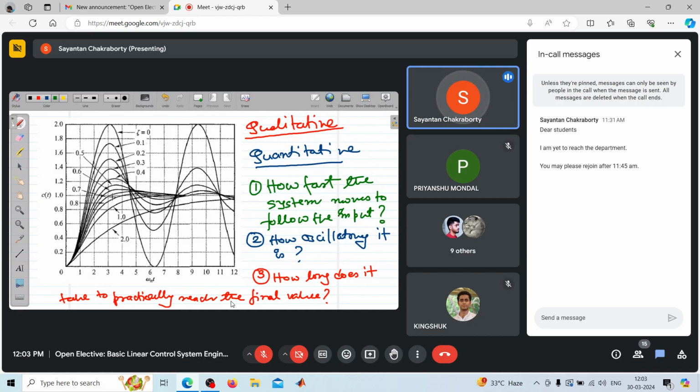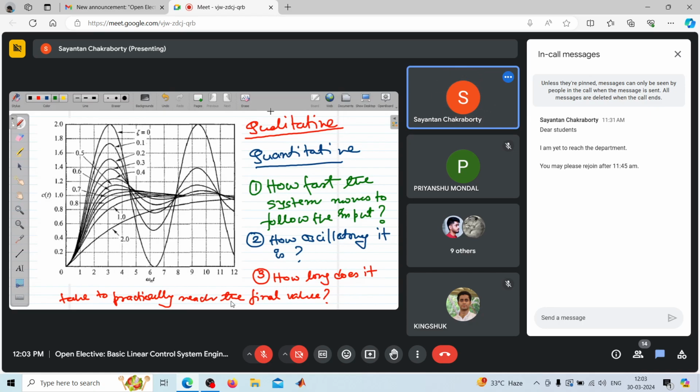Because this is another important aspect. How long does it take to settle down to the final value? Because if a system is too slow to reach the final value, then it may not serve the purpose it is intended to. So there is also this constant. So whenever you design a control system, you need to specify these things first qualitatively. Then if they are happy with that, then they'll ask for the quantitative